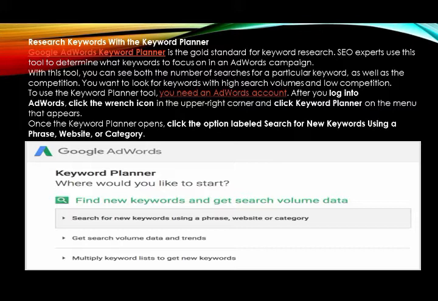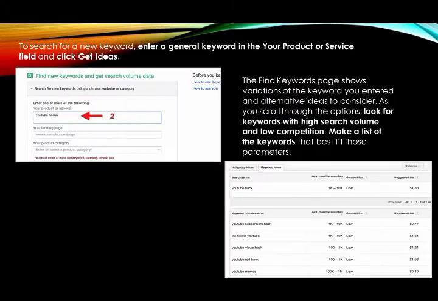After you log into AdWords, click the wrench icon in the upper right corner and click Keyword Planner on the menu that appears. Once the Keyword Planner opens, click the option labeled Search for New Keywords using a phrase, website or category. To search for a new keyword, enter a general keyword in your product or service field and click Get Ideas.